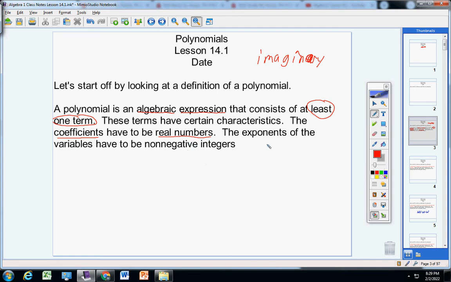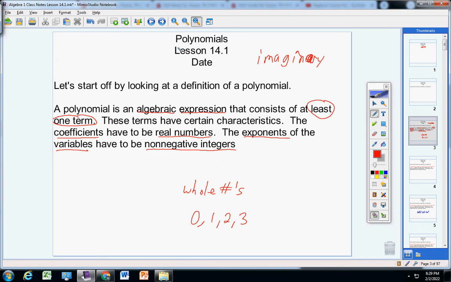And the other characteristic is the exponents of the variables have to be non-negative integers. That means they have to be whole numbers,